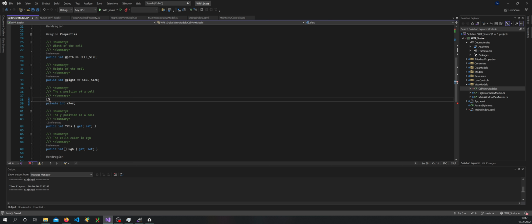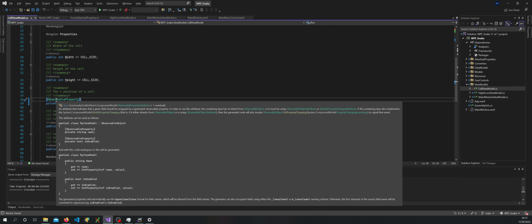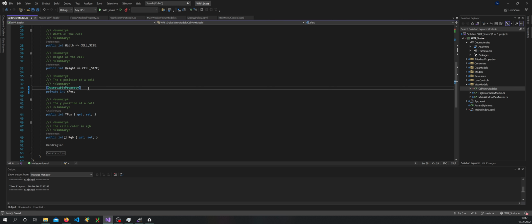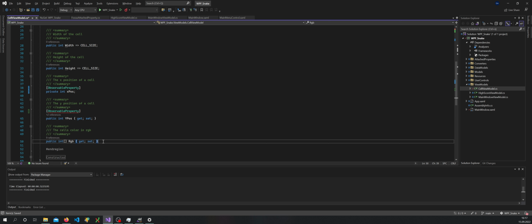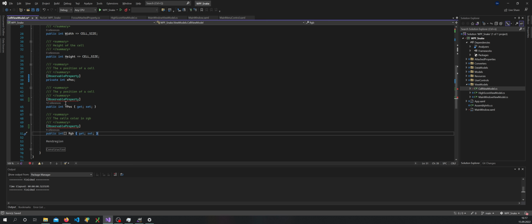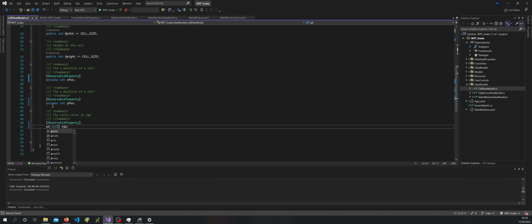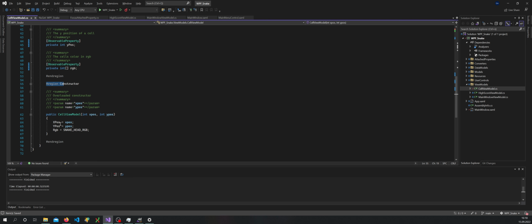And then I'm going to add the observable property attribute. And I'm going to do this for these right here too. Just make this private. Get rid of this. RGB, get rid of this. And private. Okay. And now